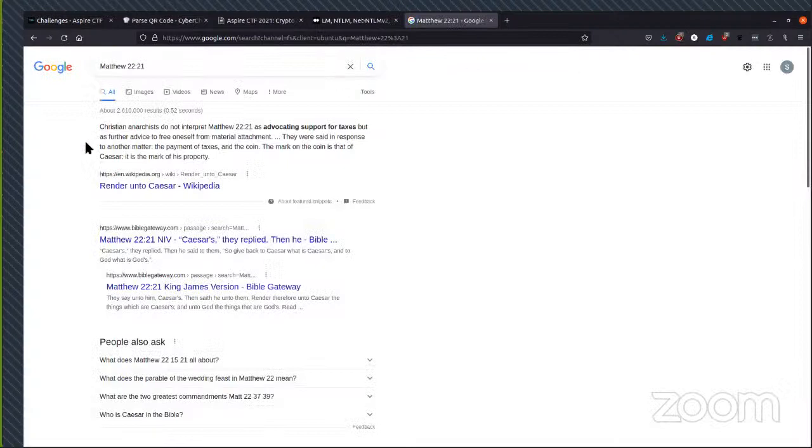Searching for that, the first thing we see is a quote about what Matthew 2221 is. It's about advocating support for taxes, but further advice and so on. But what stands out is Caesar here. If you go here, it's all about giving back to Caesar what is Caesar's and to God what is God's. Since it's a cryptography challenge,